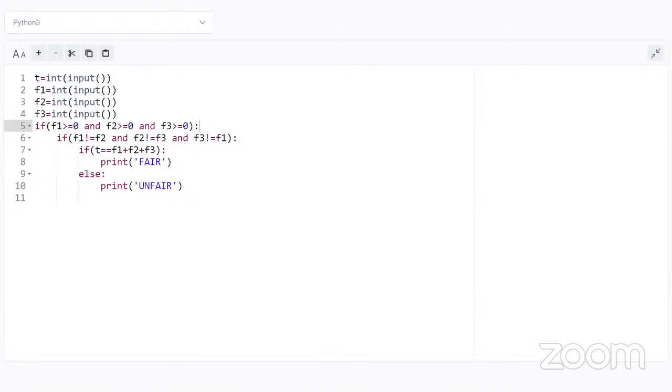You can't have them equal to 0. Yeah, the line number 5 should be greater than 0. So F1 should be greater than 0, F2 should be greater than 0, F3 should be greater than 0. And apart from that, you do not have an else block for line number 6, there is an if, right? For that if there is no else, and for line number 5 there is an if, right? And for that if there is no else block. So there should be else block for line number 6 and for line number 5. Okay. Shampa, is it clear?